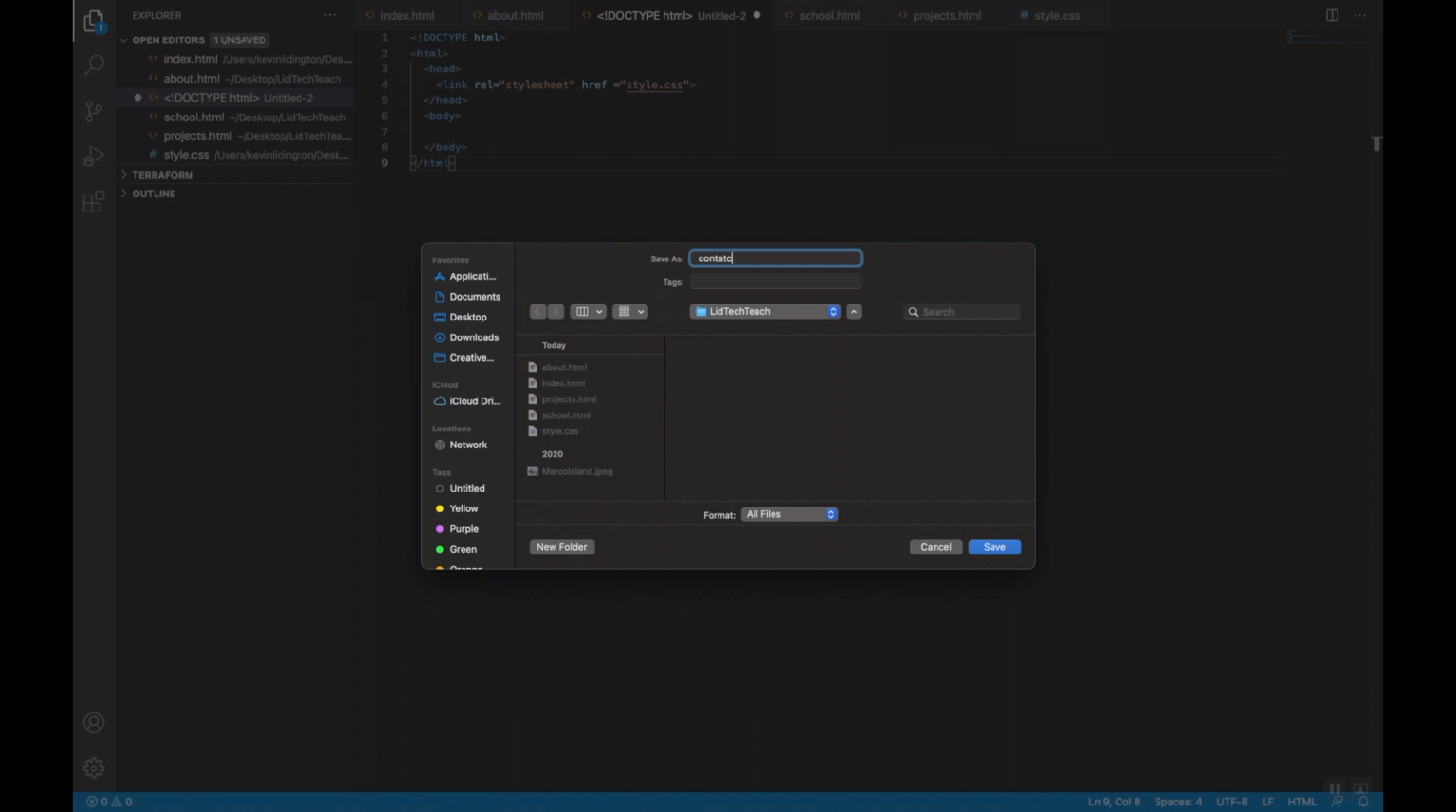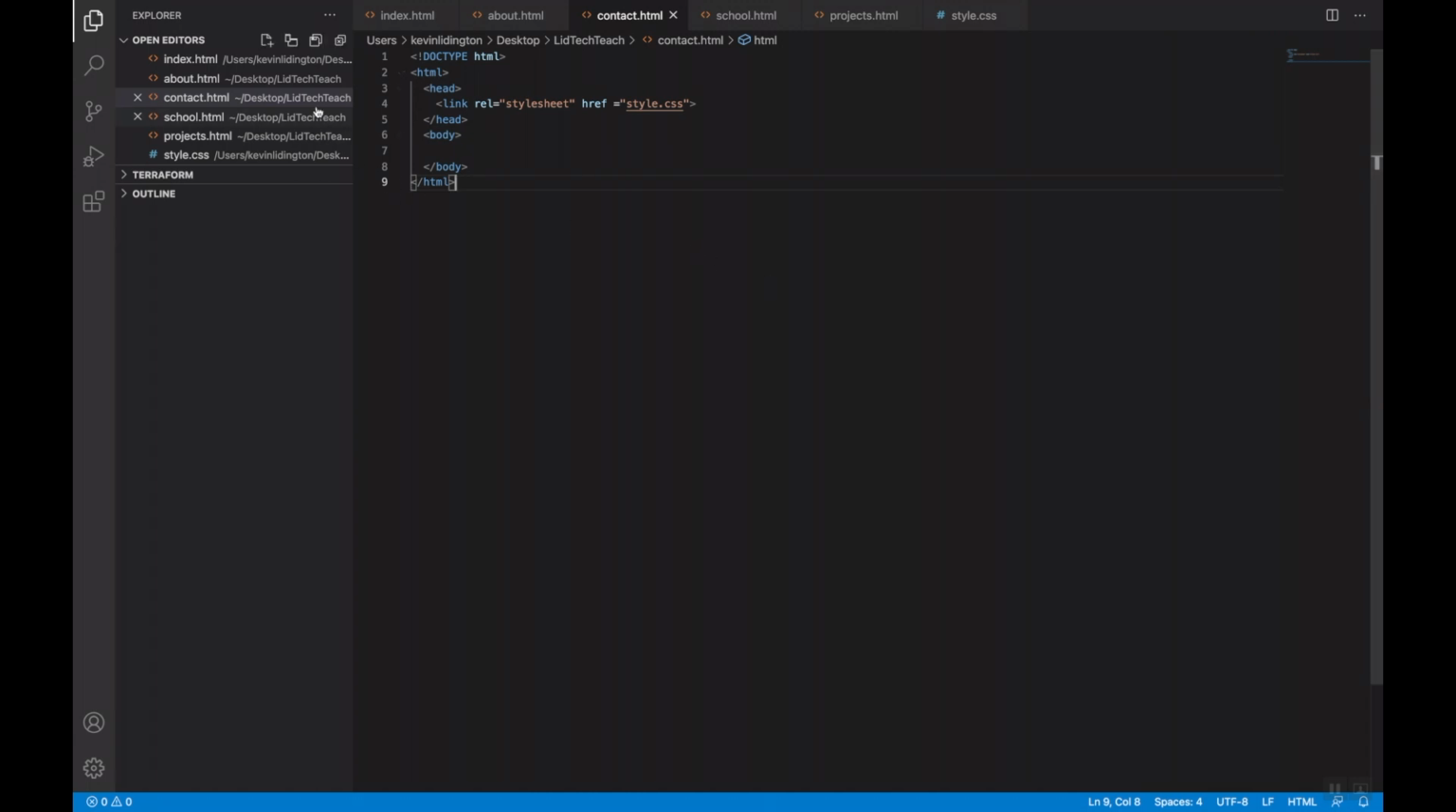And I'm going to call this one contact.html. Perfect. Let me just make sure. Okay, they all have something on there. They've got HTML code on there. Perfect. Alright, so I'm going to go back to my index.html, and I'm just going to show you how